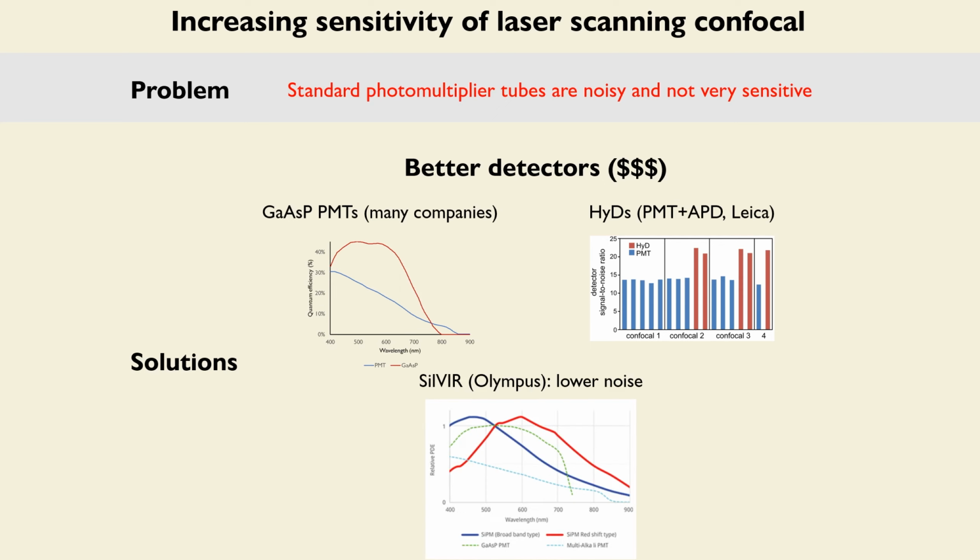in blue. And finally, Olympus has recently come out with a detector called Silver, which has a sensitivity similar to the GaAsP, but significantly lower noise. So again, different companies make different kinds of better detectors. And that is one solution to this problem. You throw money at it, you get a better detector, you manage to make more of the photons